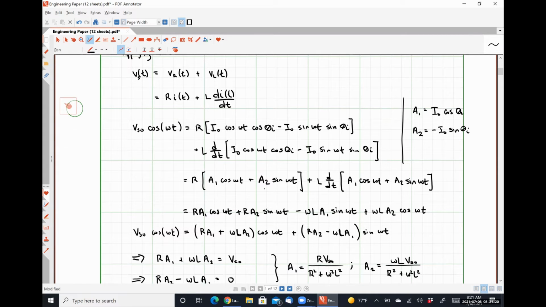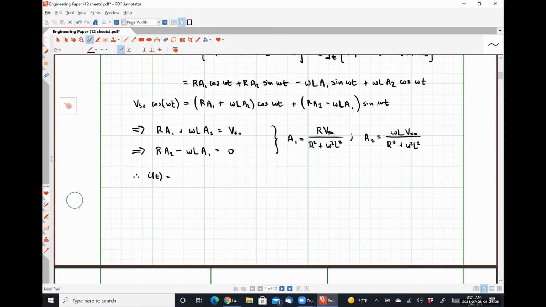A1 cosine omega t plus A2 sine omega t, that is representative of our current response, right? We did a trig identity to kind of FOIL it out, and then we put in these two guys right here because we know that they're constants, allowing us to express I of t as simply